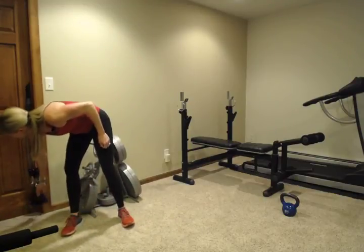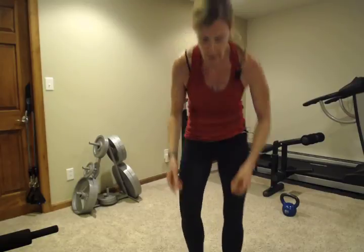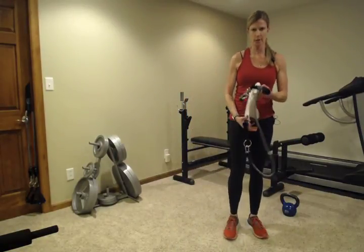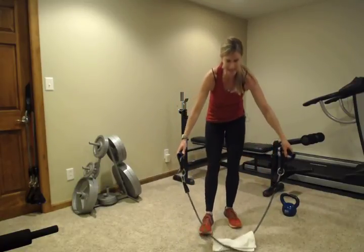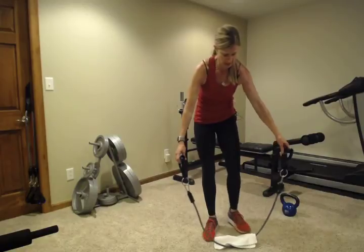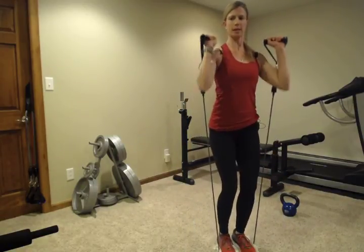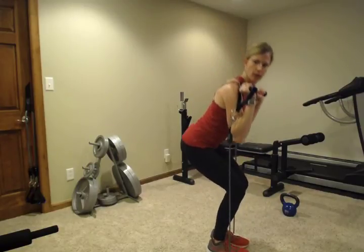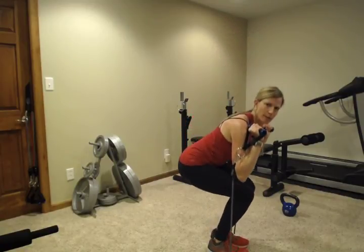And next I could use that same strength tube for this. That's probably easiest for what you have in your home. I have another one set up here though for my video, so I don't have to change too many things. But I'm going to stand on this tube and do some squats. So just holding this weight right at my shoulders and squatting back like I'm going to sit down in a chair. So you want your weight going back in your heels